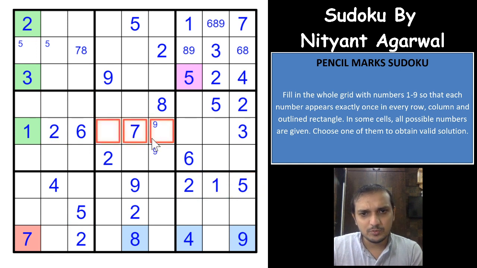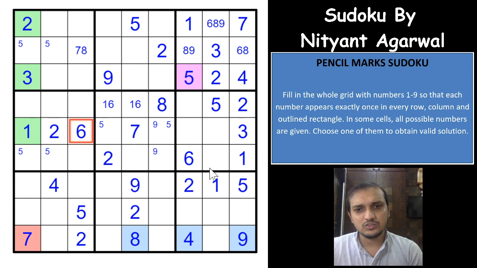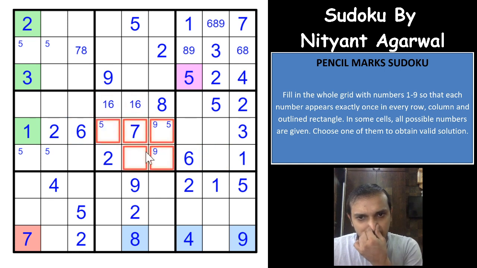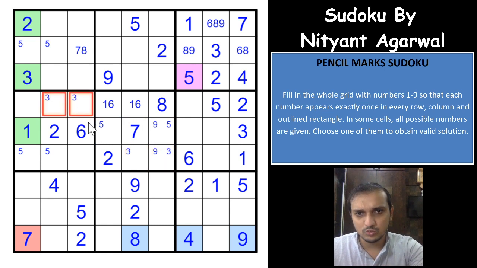A 5 would have to be in one of these 2 cells, right? A 5 would have to be in one of these 2 cells, so that doesn't give us anything. Or 1 would have to be here, that gives you a 1 in one of these 2 cells, and 6 in one of these 2 cells because of the 6 here. So you got a 1 6 pair here, 5 9 and 3 4. So 3 would have to be in one of these 2 cells, that gives you a 3 in these 2 cells.